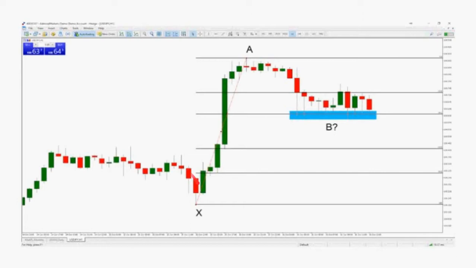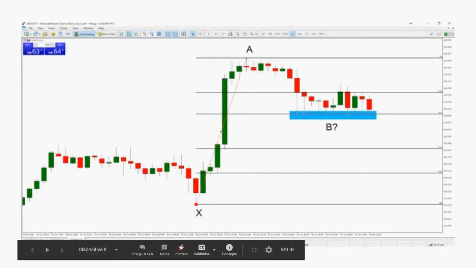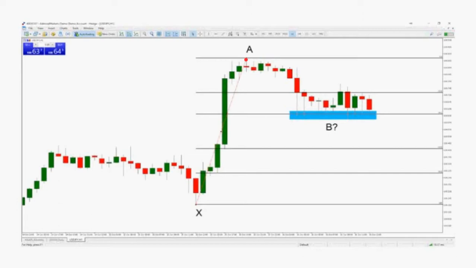3. Left click and hold down at the bottom of the cycle X. While holding the mouse button down, drag the line to the top of the cycle A. The Fibonacci indicator will automatically draw the Fibonacci retracement levels on it, as shown here. In the price chart, the Fibonacci levels are plotted as horizontal lines with the Fibonacci descriptions written on the right